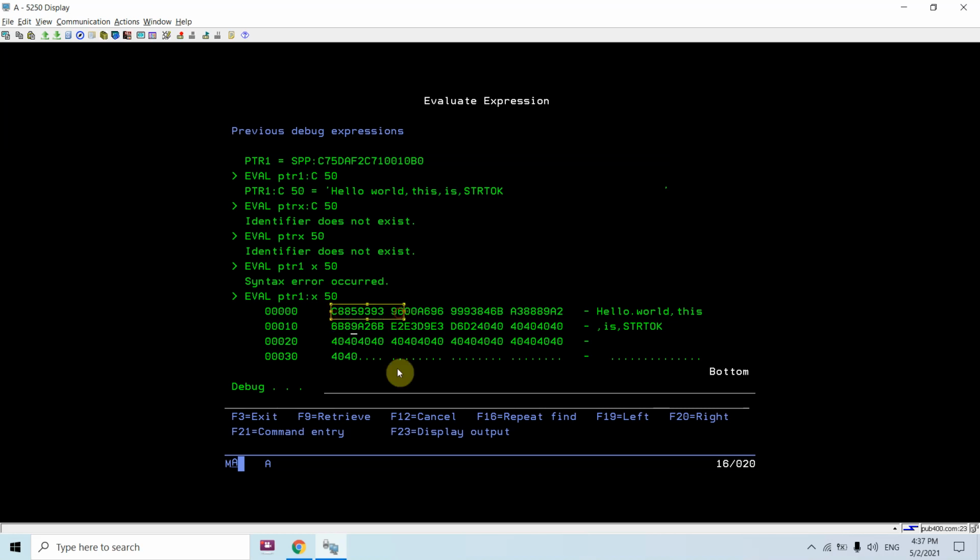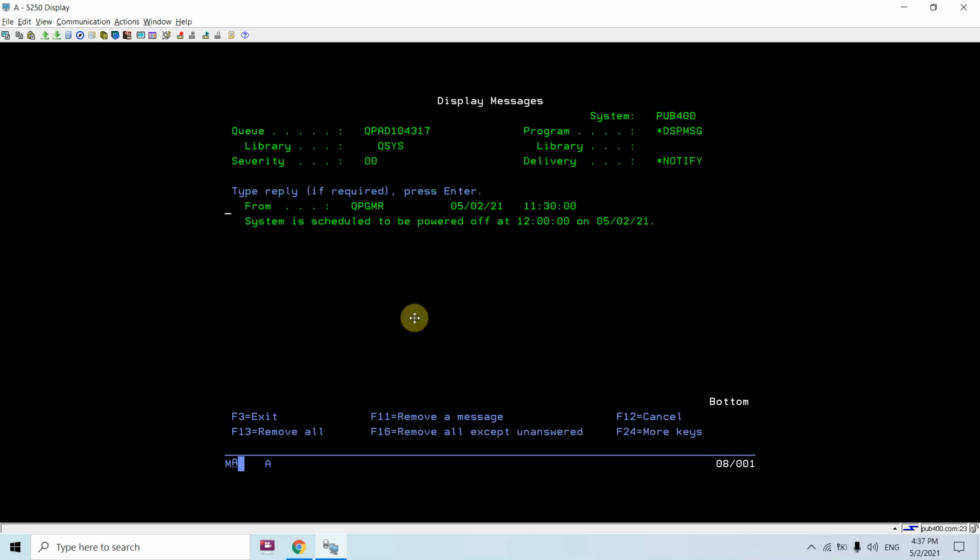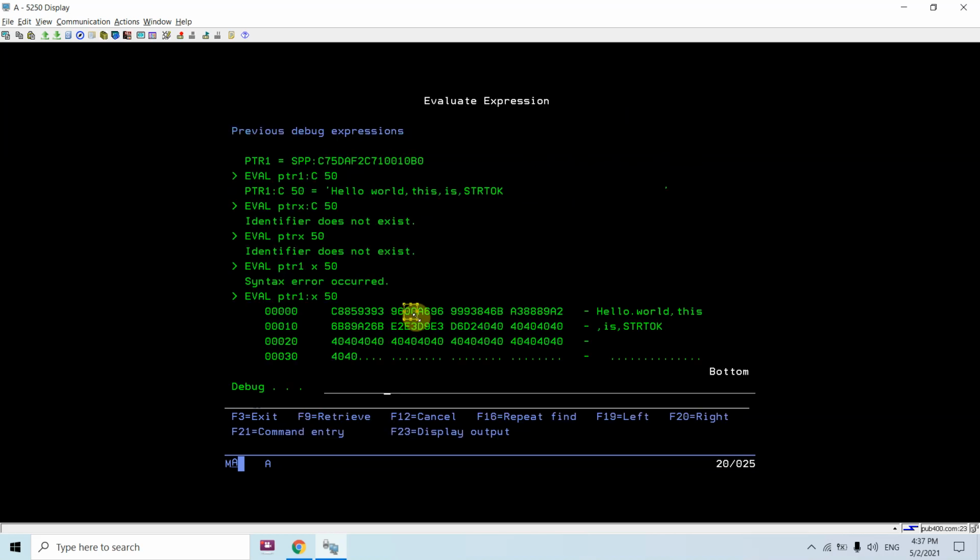So this becomes hello, and after that you can see this is 00, meaning this is null. So you can see that the function has inserted the null in place of that comma.